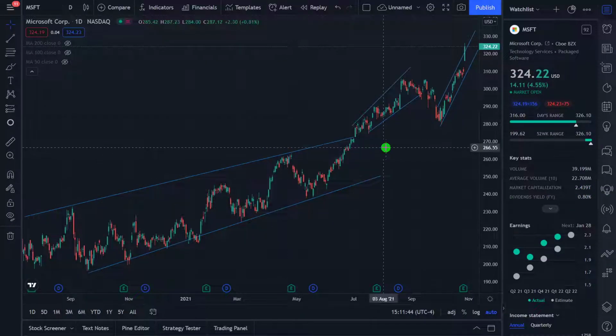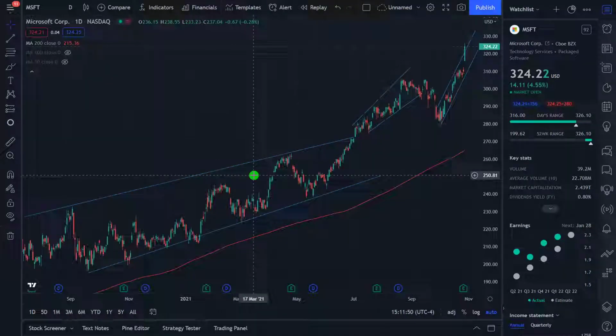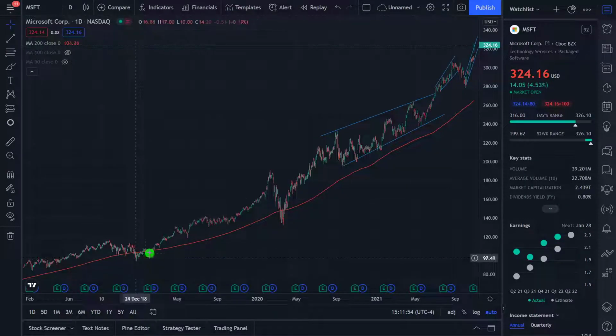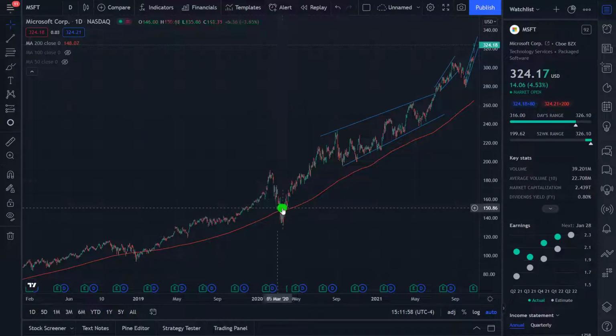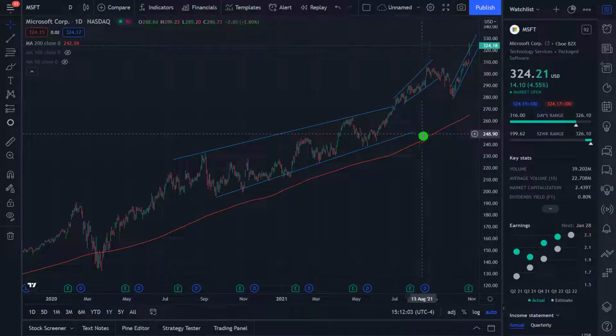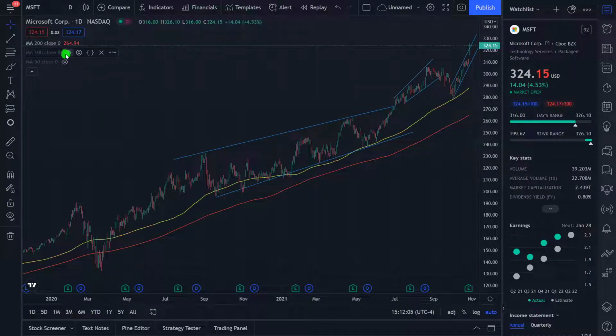So let me just take away these lines that I was previously showing. Actually, we can just leave them on, and let's have a look at some moving averages. So if we just bring up the 200-day, the price is way above the 200-day and has been up until the start of 2019, and basically the pandemic. So the 200-day is not really too much to use because it's so massively above it. If we look at the 100-day, the 100-day has acted as a resistance point for the last year, and it's now broke above that massively.